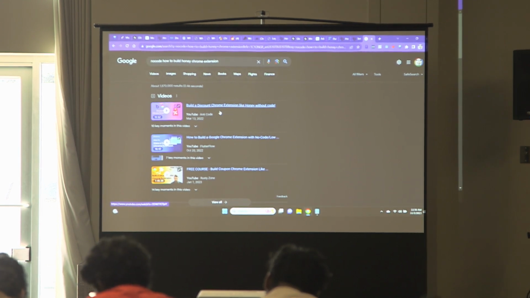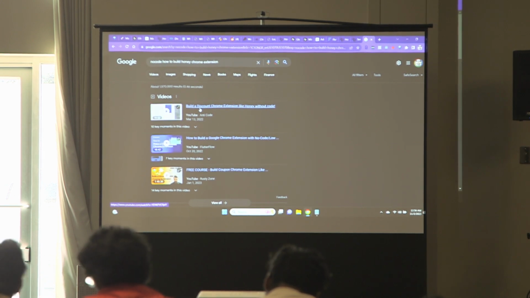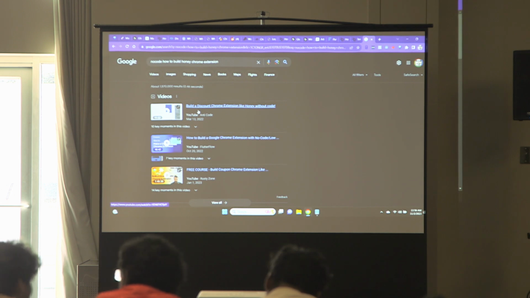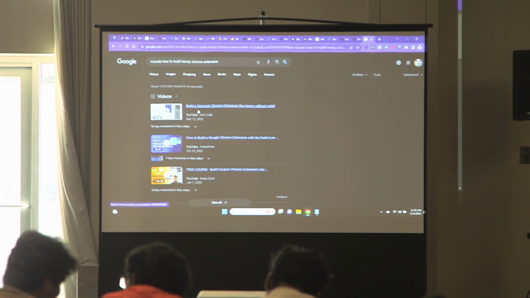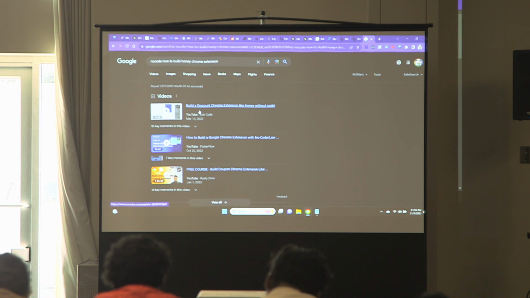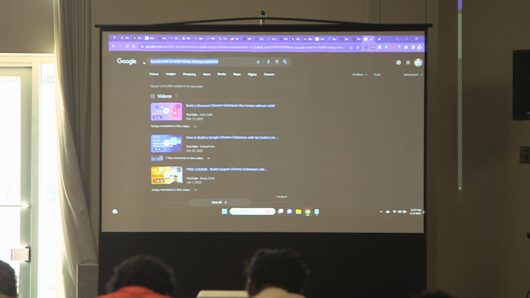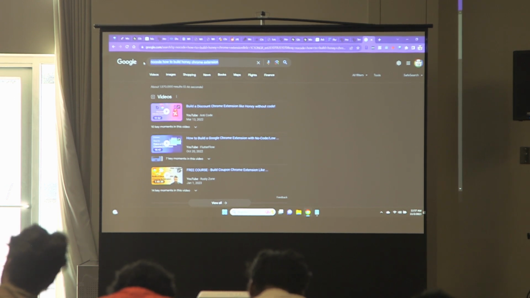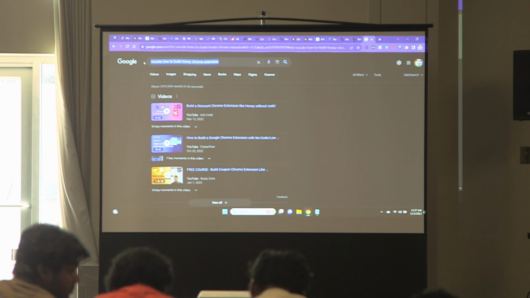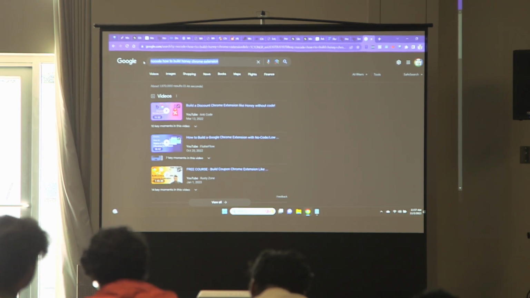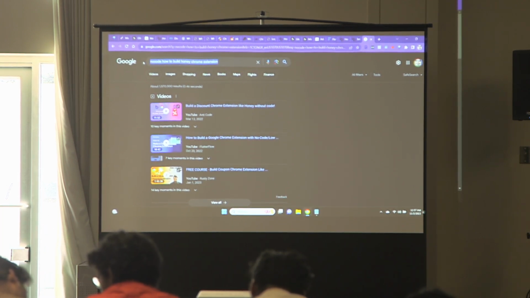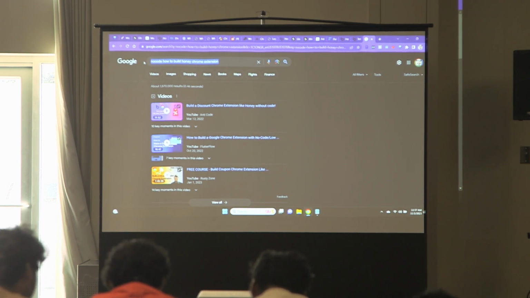But I Googled this and found "build a discount Chrome extension like Honey without code." It's 12 minutes long. I could do that. I could go sit at home and probably in half an hour do everything that they suggest. Now I have my own version, right? Just Googling no code, how to build blank clone, Airbnb clone, Honey clone. When people ask me stuff on social media, like, how do I do this, how do I do that? That's 90% of what I do, man. That little string in Google gets you so far.